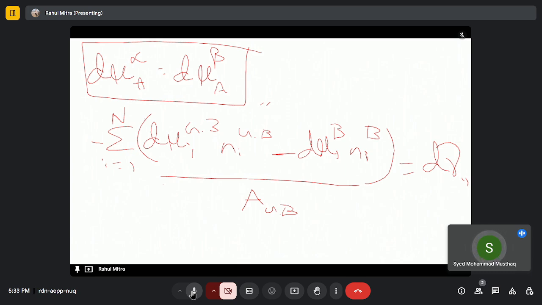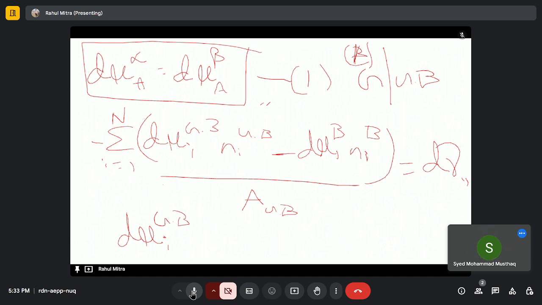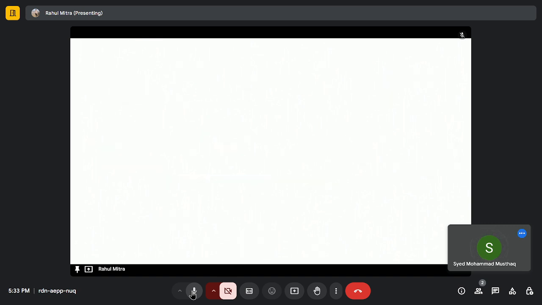Now from this equation, if our grain and grain boundary are in equilibrium, let's say bulk grain and grain boundary are in equilibrium, then the chemical potentials of those elements in those phases should be equal. So d mu of the ith element in grain boundary must be equal to that of the ith element in the bulk, then this equation can be simplified to